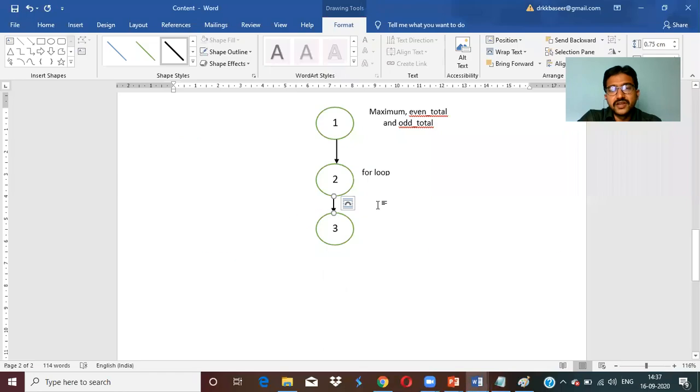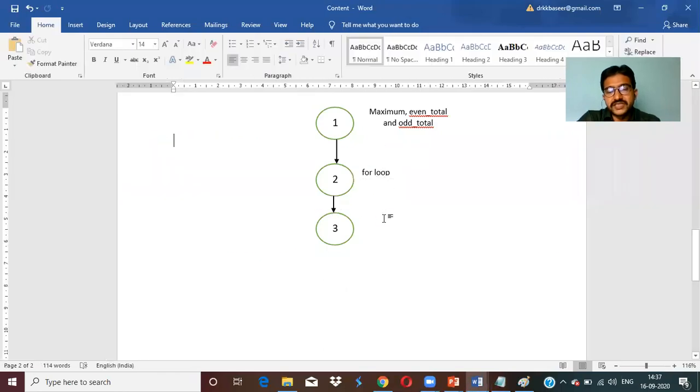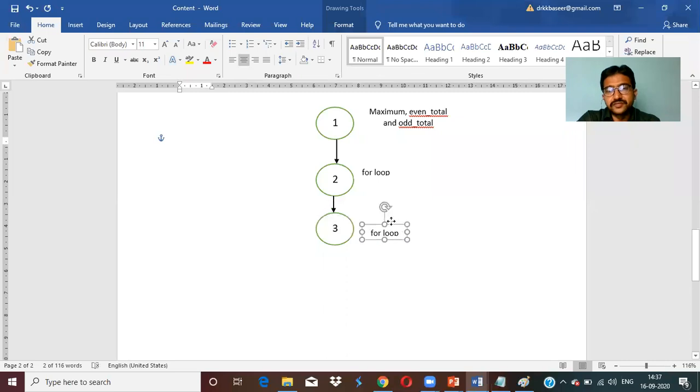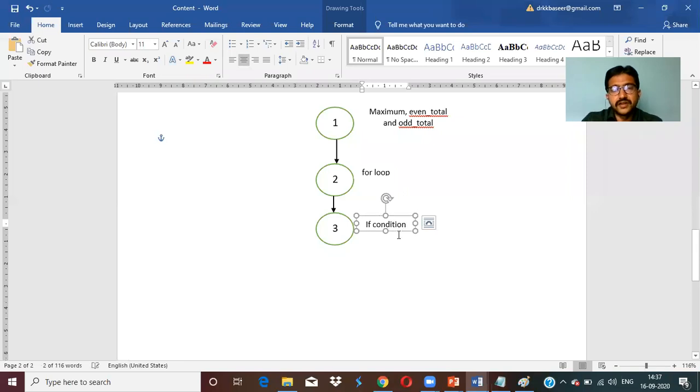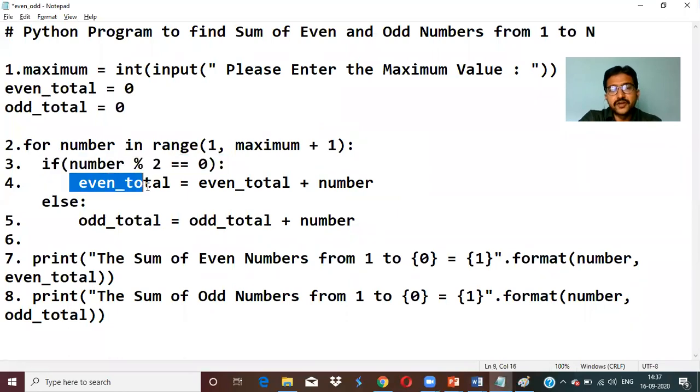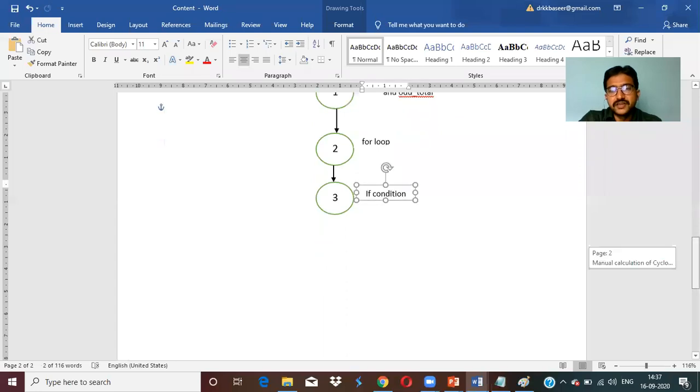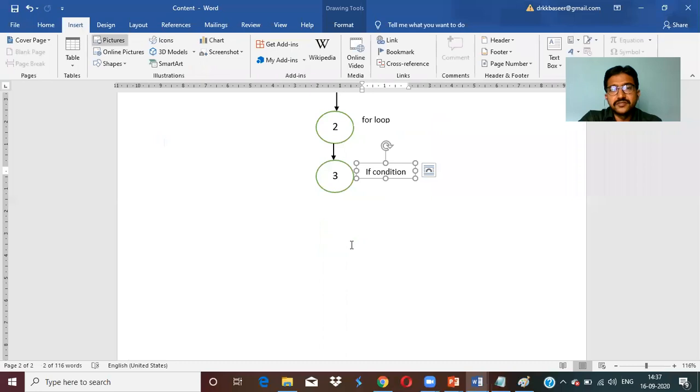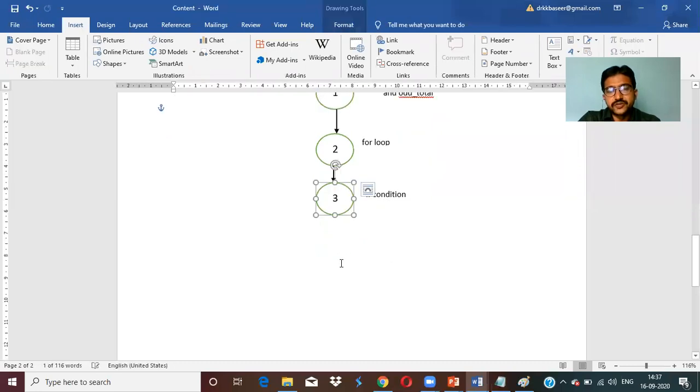What is the third step here? For your understanding, you can just use if, or if condition. You can write anything. If condition. Right. Now again, after the third step, where does it go? Again, it goes to true or maybe false. So what happened here? It goes in 2 different directions. In the third step, it will execute 2 more. So one is true, another is false.